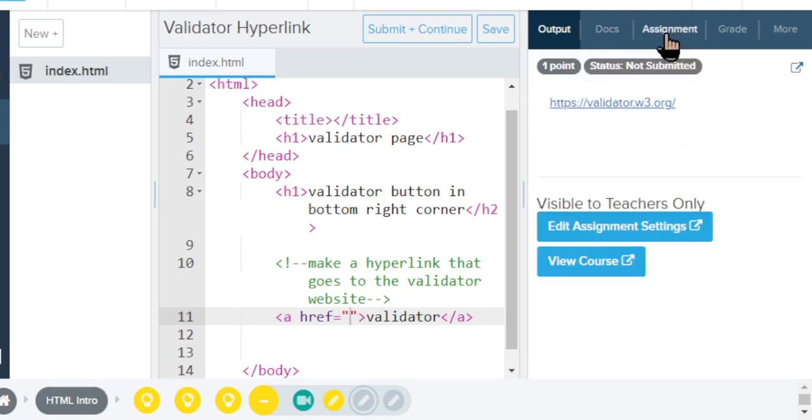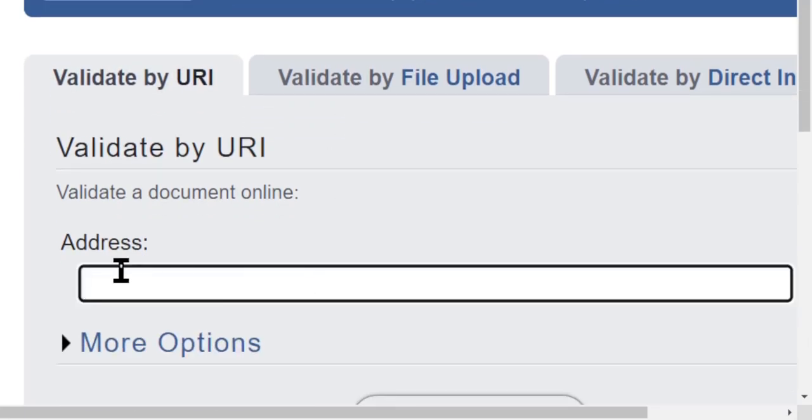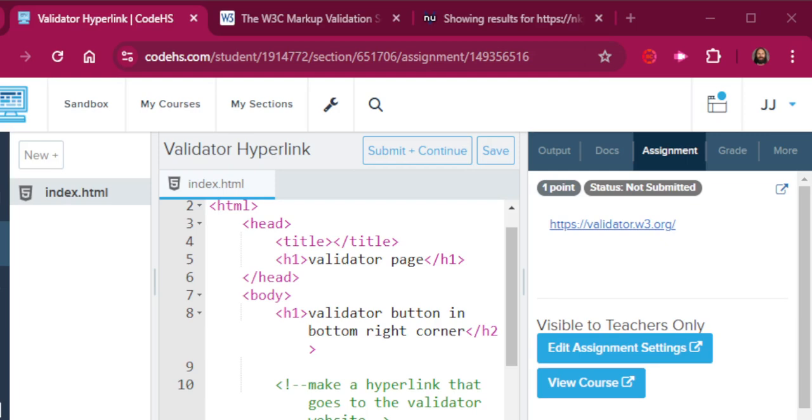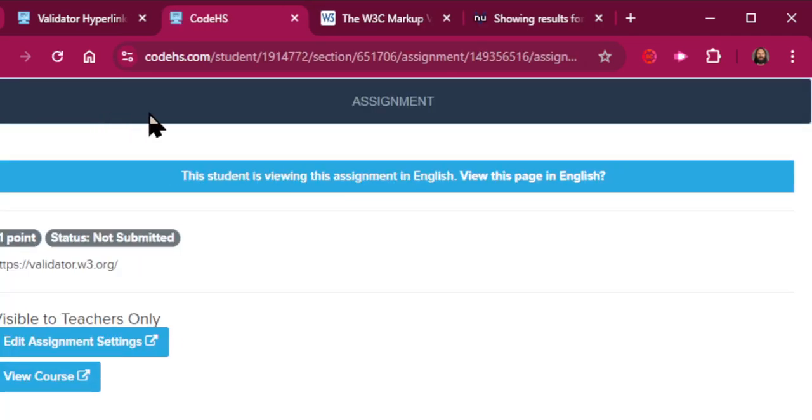If you go to assignment and then click validator.w3.org, this is where we're going to be going, and the address we want to paste in is if we open in a new tab. So we're going to click this little button here. You might not be able to, there we go. So we're going to click that button to open the website in a